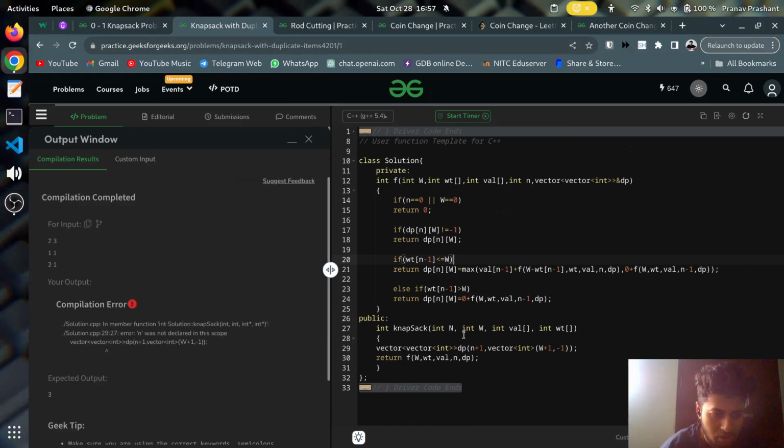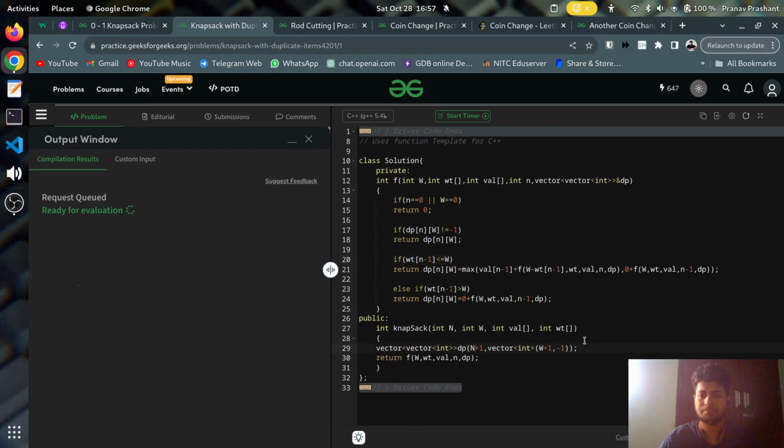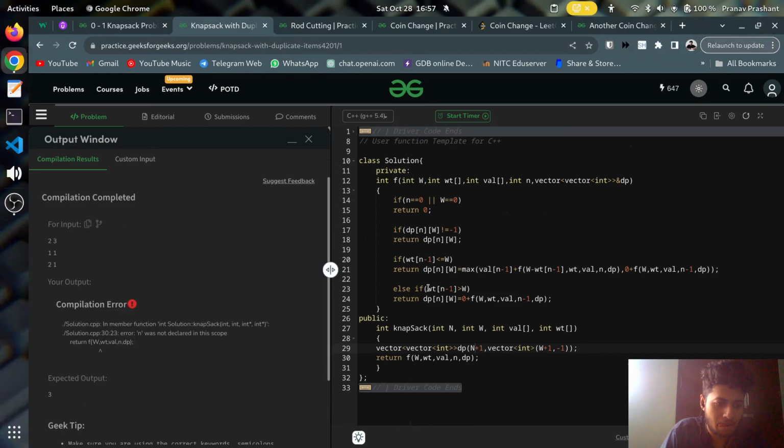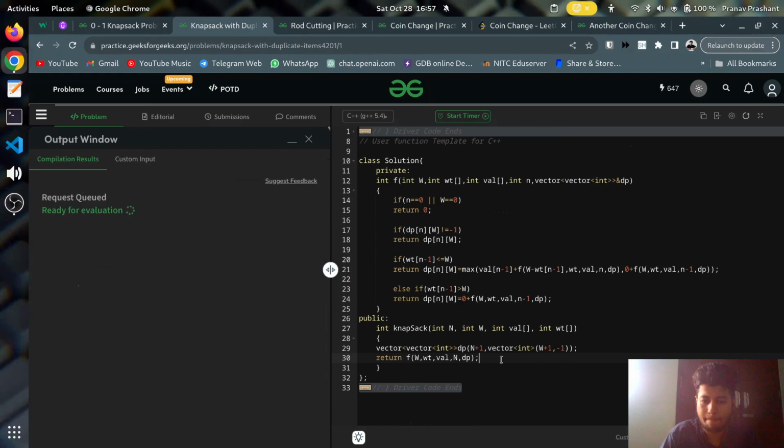N is not declared. Yeah, this is capital N. Okay, this is capital N. Yeah,